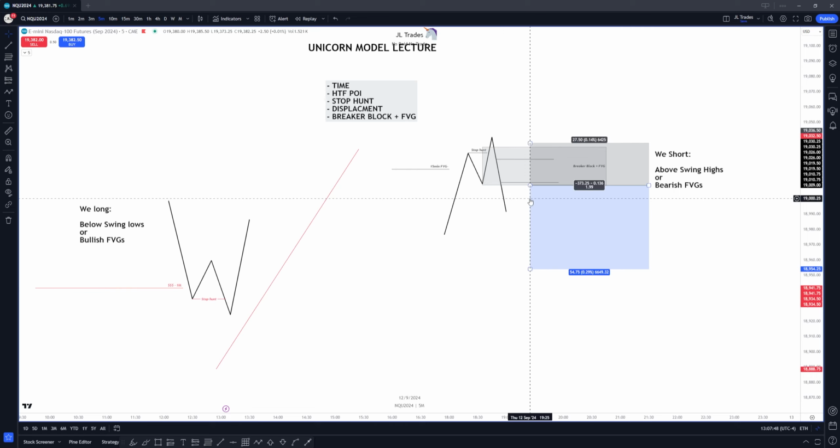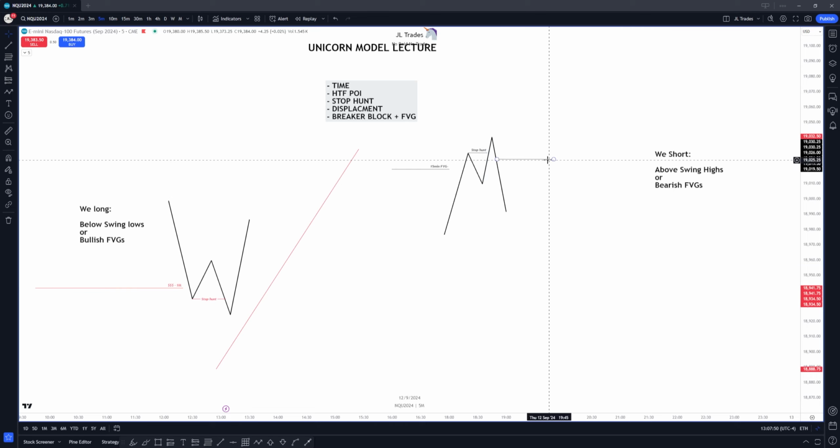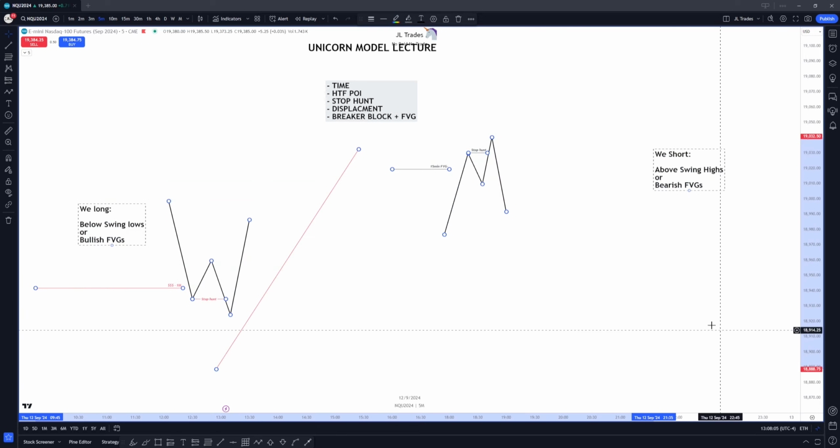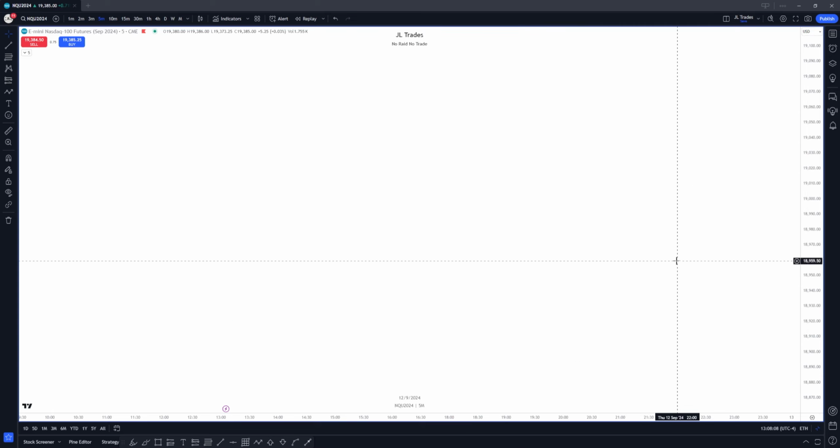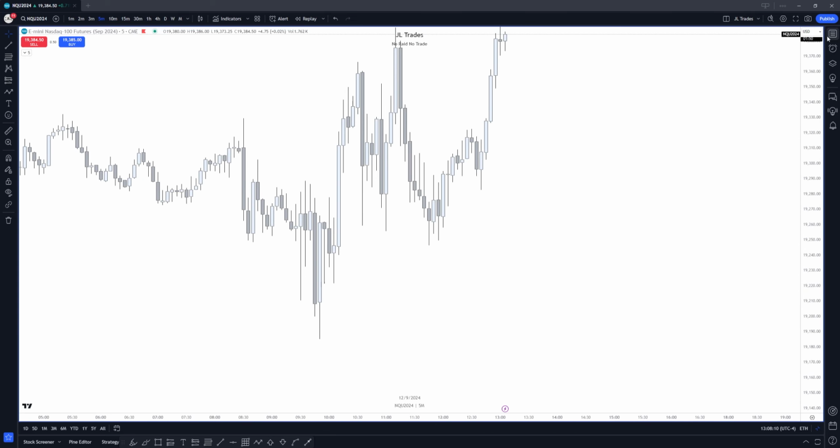That is a unicorn pretty much summed up. Take notes of this. You need to have an FVG within the breaker block for it to be valid. You need all of these criteria hit before you can actually take this for it to be valid. So let's go remove everything and let's go into an actual example today on CL,